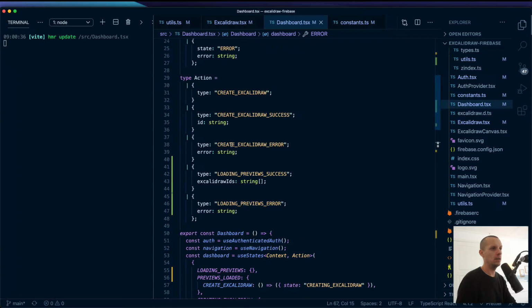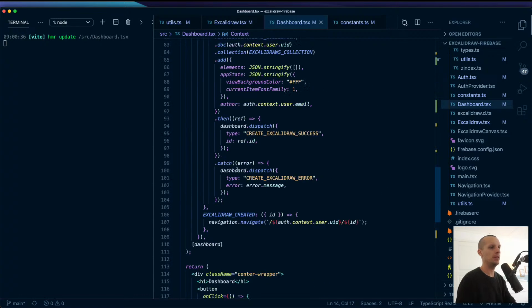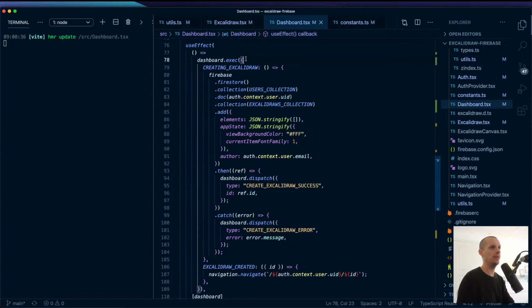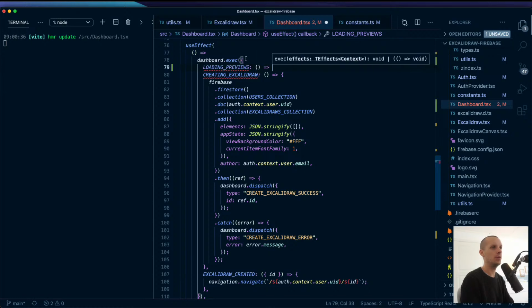Yes, now we have those actions, and what we need to do now is implement the effect for this. So when we are loading previews, the thing we want to do,